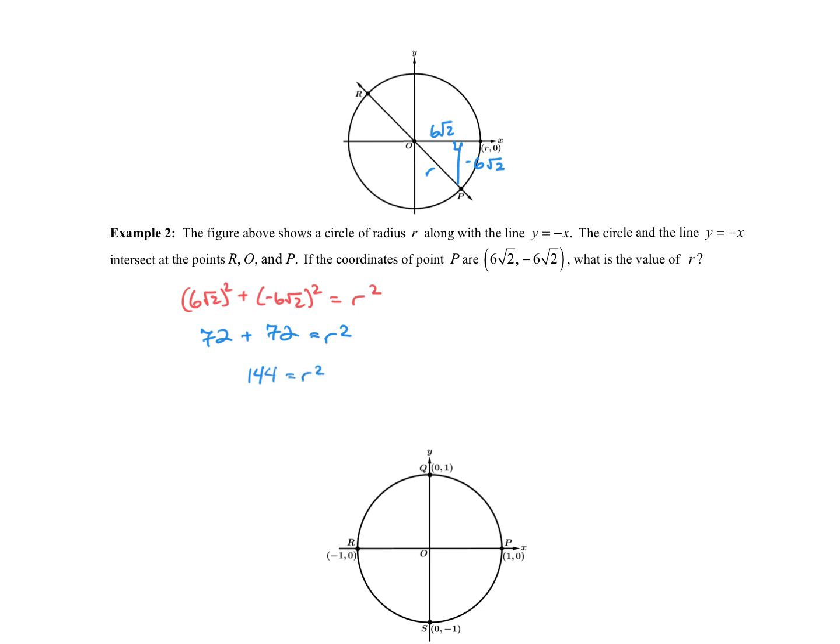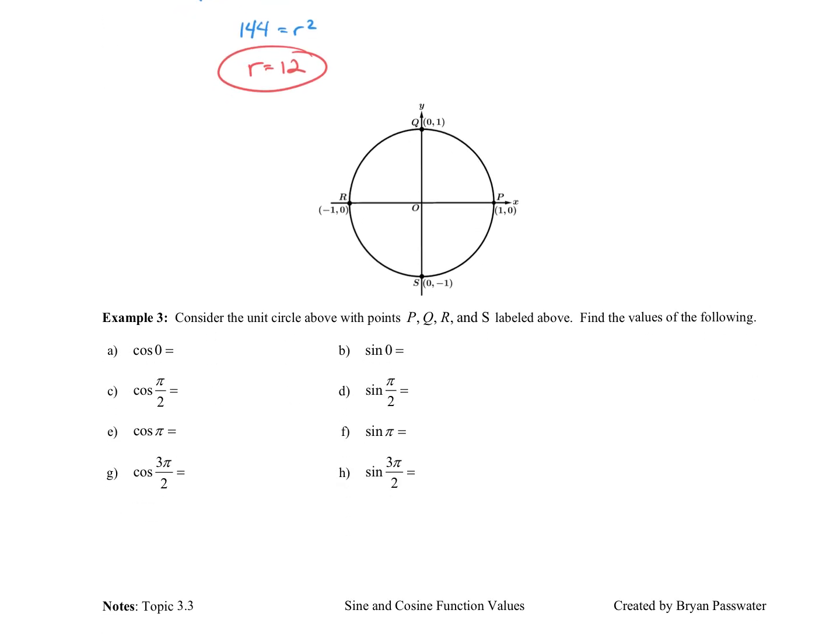We square root it. Technically, we have plus or minus going on. However, why does it not make sense to have r equals 12 and negative 12? Because I can't have a negative distance. All right? And so r is equal to 12 in that case. All right? And so now the bulk of our lesson today is going to be on this unit